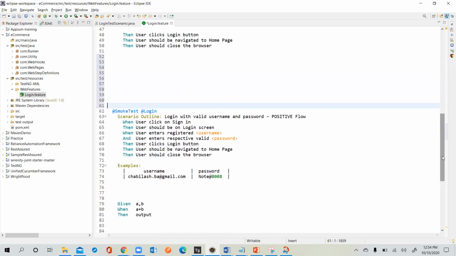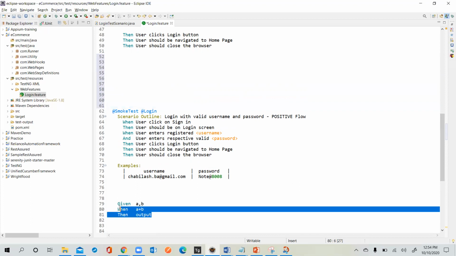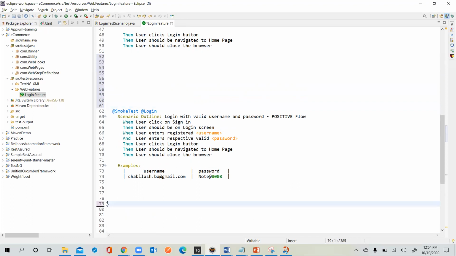See, this has not even started. There are many features. I'll tell you which features. If you see, there is a blue color line. We didn't talk about it. That's the most important thing. That's Cucumber tags, Cucumber hooks, Cucumber options. And actually, till now we didn't talk about writing the feature files. So now I'm still in the feature file itself. Let's complete that one and I'll come back to that.